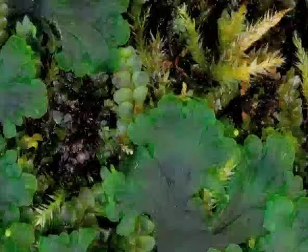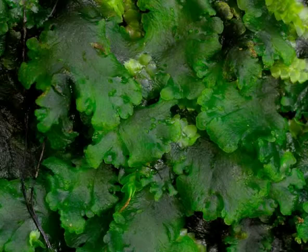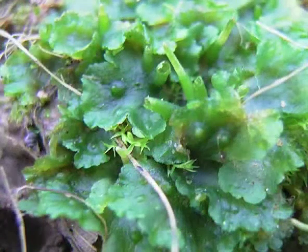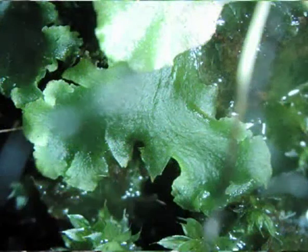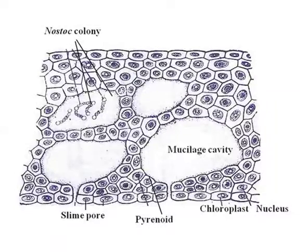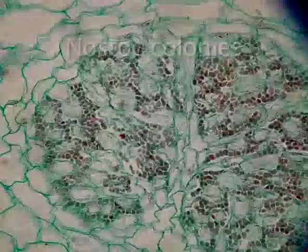The plant body is a small dorsiventral dark green prostrate thallus, which is variously lobed with a tendency towards dichotomous branching and forming orbicular or semi-orbicular rosettes. The thallus is several layers thick but lacks a definite midrib. On the undersurface of the thallus, cavities are formed due to breakdown of cells and their replacement by mucilage. With the maturity of the thallus, the mucilage in these cavities dries out, resulting in air-filled chambers which are later occupied